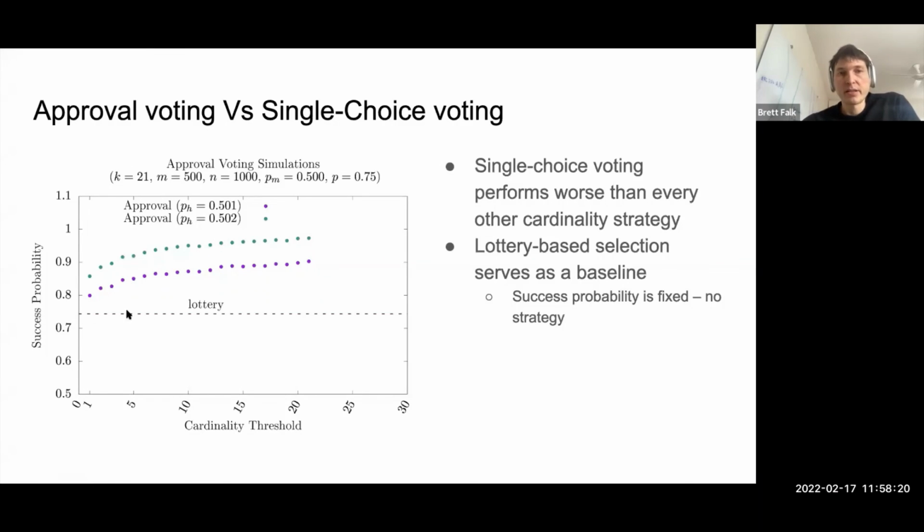And this horizontal line is the probability of electing an honest committee from a random selection. The a priori probability that somebody is honest in this plot is 75%. So if you elect a random committee of people with 75% probability of being honest, what's the probability 2/3 of the committee is honest? It's about 75%. This is fixed. It doesn't depend on a voting strategy. But this is already interesting because it looks like approval voting, even if voters have very, very little information, is better than single choice voting.